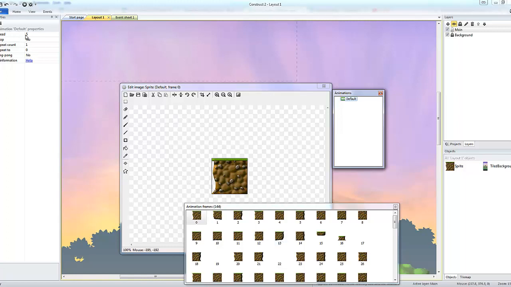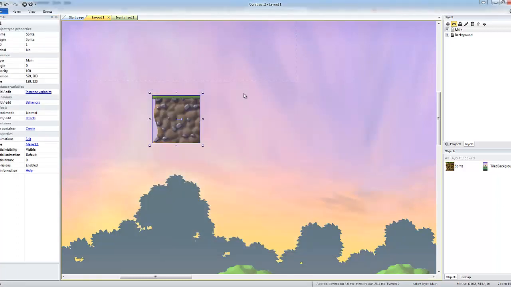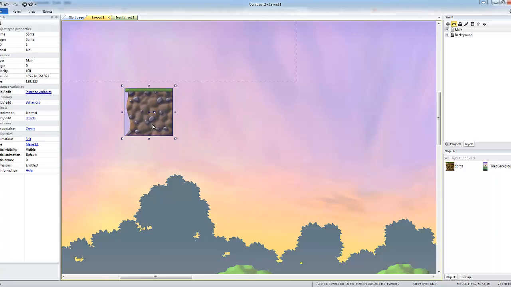So to stop it from animating, we need to turn the speed to 0. So speed is 0, it won't animate now. I can just close that again. So we're going to make a platform out of 3 pieces,